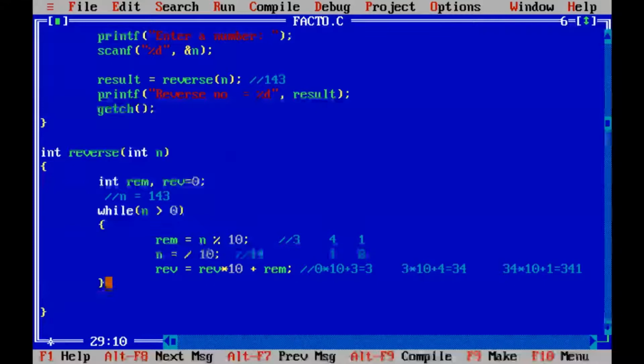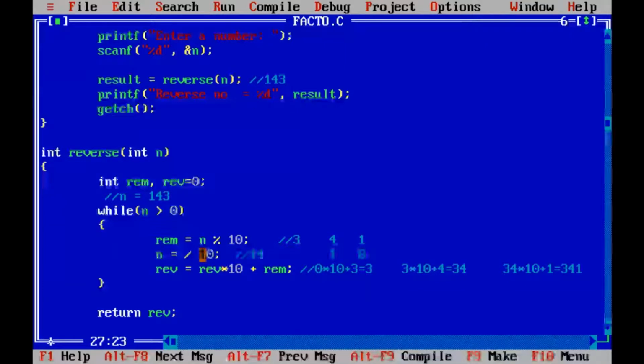When the loop breaks, the reverse variable already has the reverse of the number. So I'll simply say return reverse. Now when we return this reverse, it will go back here and be stored inside this result variable, and then I am displaying it on the screen, reverse number equal to result.